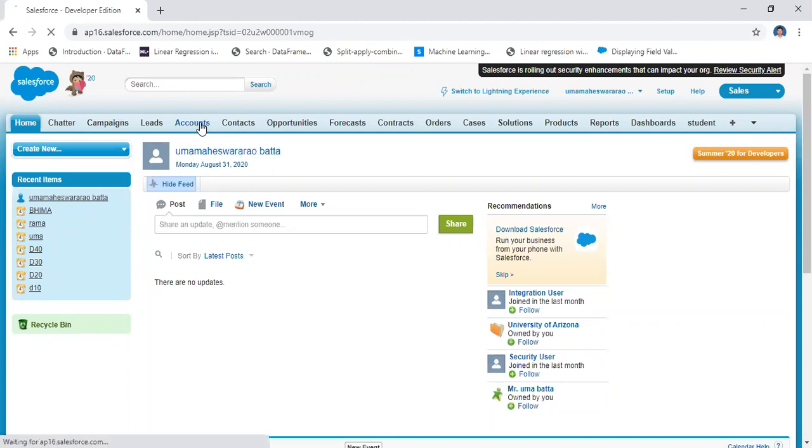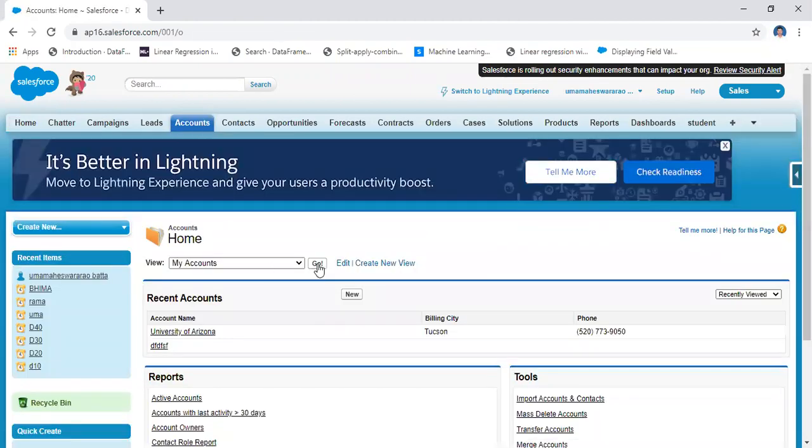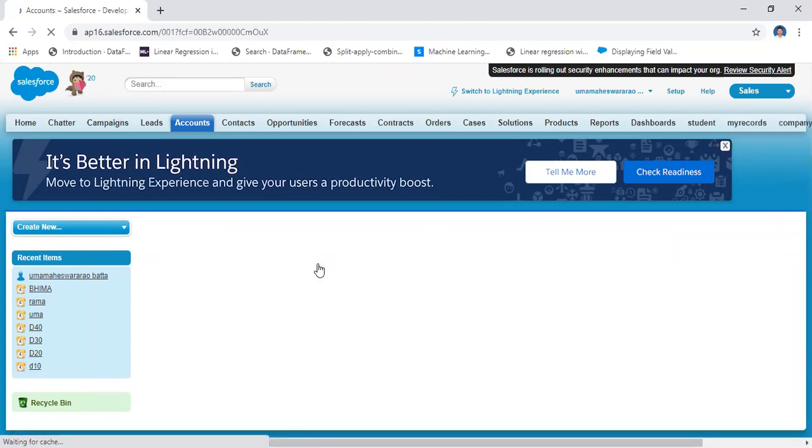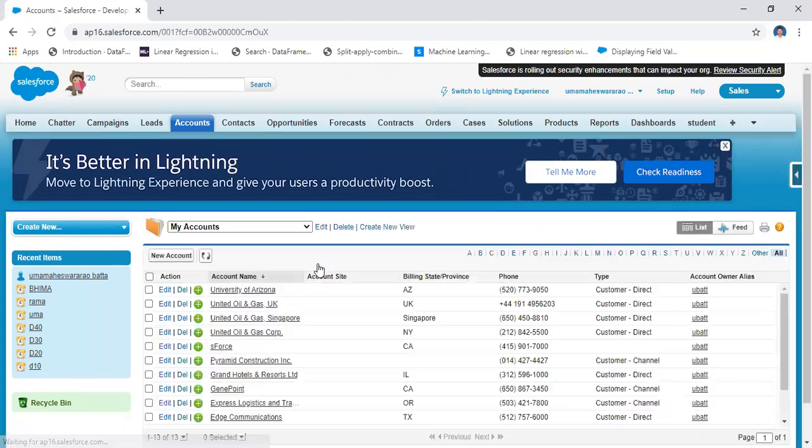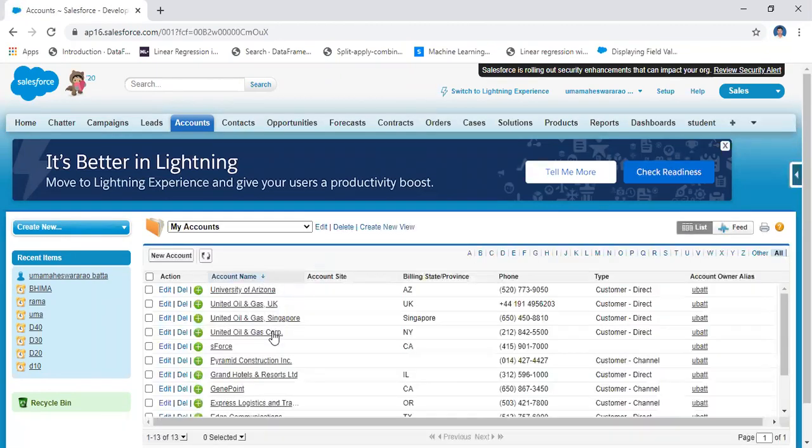If you click on any one, it will display the object related information. The account object consists of account name, account number, account site, phone number, the particular person's phone number. Like that you have different fields.